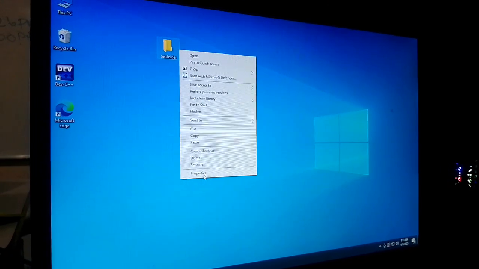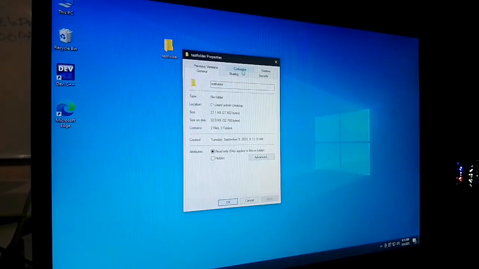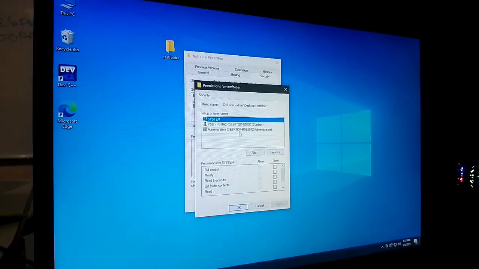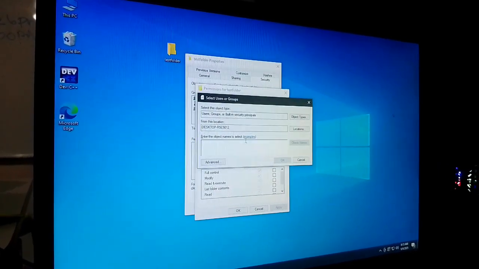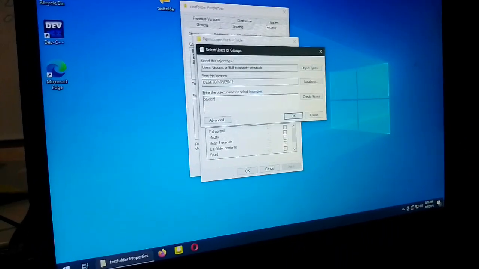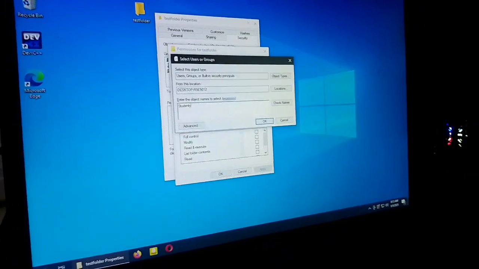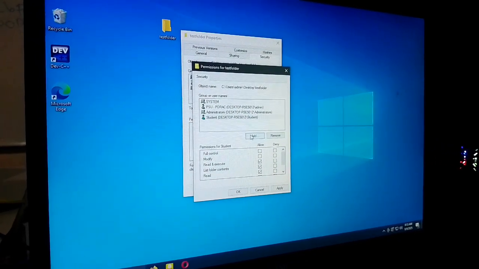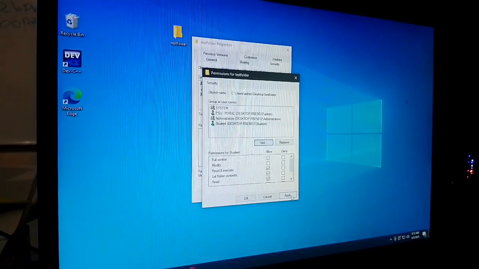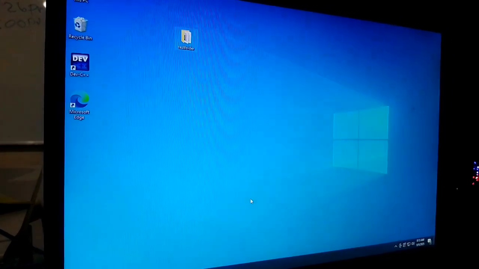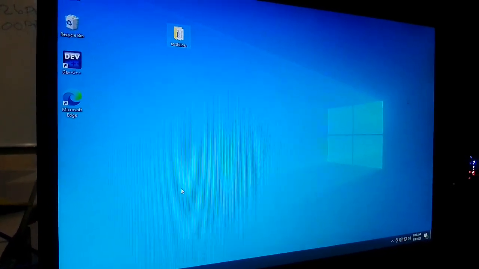Next, right click, Properties, then Security, Edit, and add the name of your standard account. Then OK, Apply, OK, then OK.